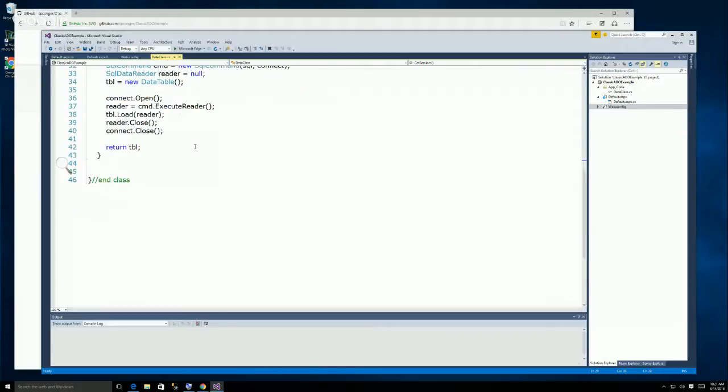Okay, so then we open the connection, and then the reader is executed by the command object. So it's flowing the data through. The table has a neat load method that will just read everything that's coming through the reader. And then we can close the reader, close the connection, and we can return the table, which now has all